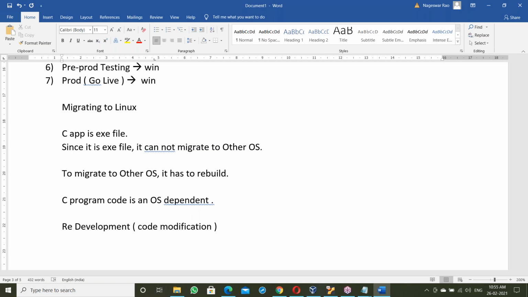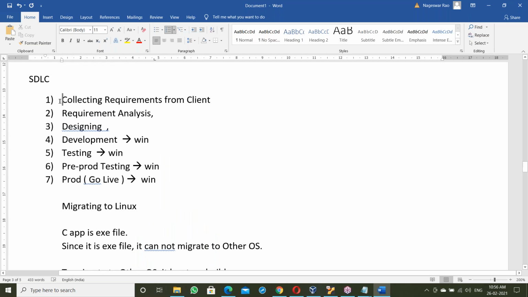After changing the code, next you have to generate the exe file. After finishing code modification, you generate the exe file. Once the code is modified, it should also undergo testing, and the testing should be repeated. So what is happening here? In this life cycle, only three steps are not necessary. No, the development step has to repeat, testing also repeats, and reporting. All these steps have to repeat.